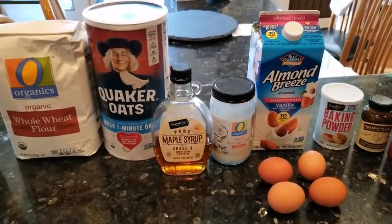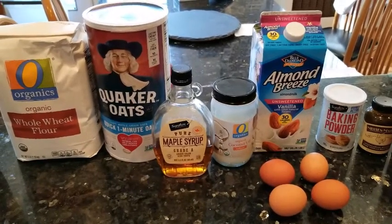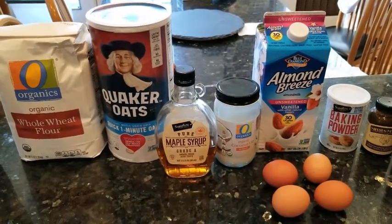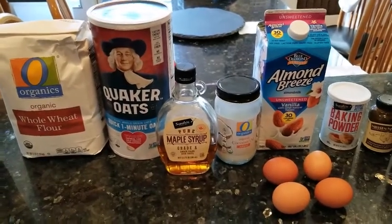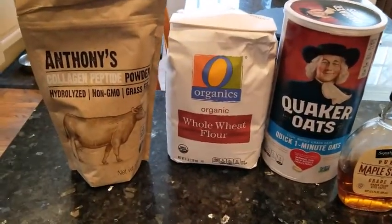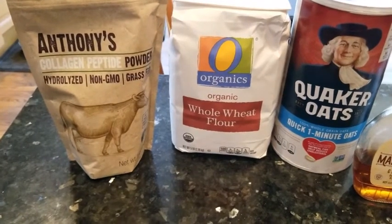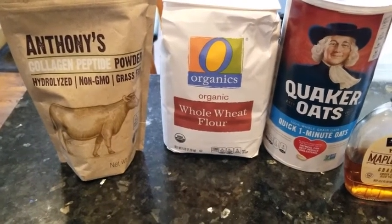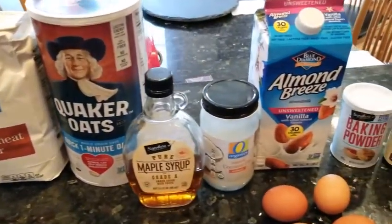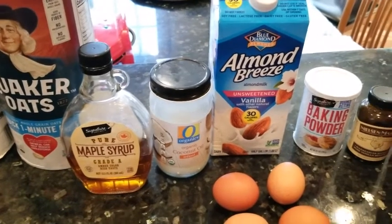Today we're going to be making a slightly healthier version of pancakes, and pancakes for a crowd: a sheet pan pancake. I've never tried this recipe before, so I'm excited to see how it goes. The ingredients, instead of white flour, will be a combination of peptide powder, which I've never tried before but contains collagens, whole wheat flour, and oats. No processed sugar, maple syrup, a little bit of coconut oil,